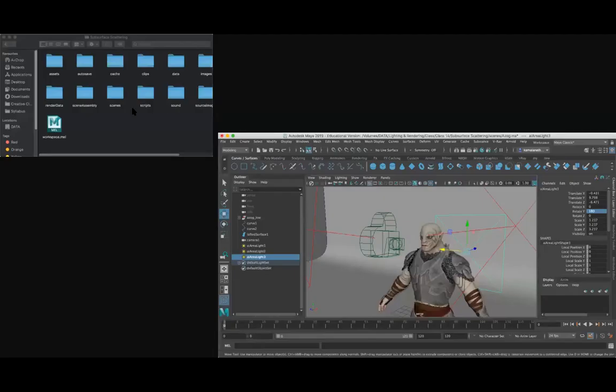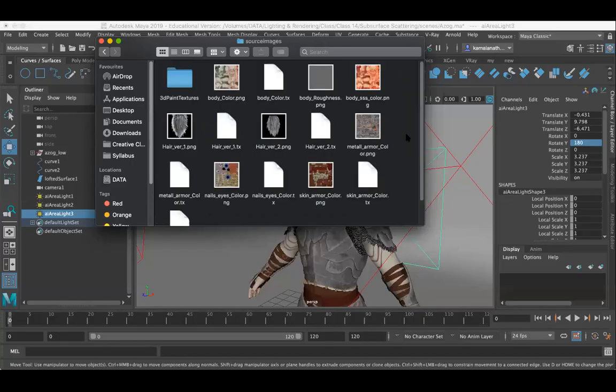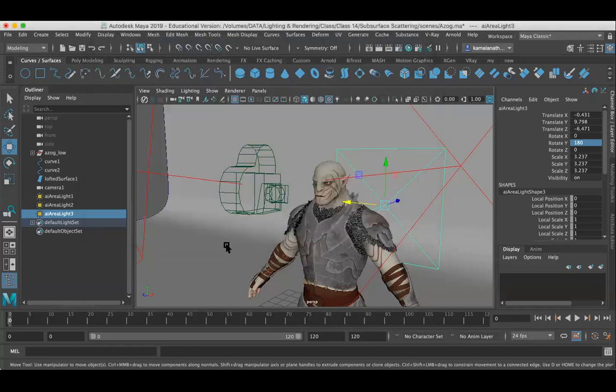Look here. These are the textures we have for the character, and I will be using these textures for subsurface scattering. Now I want to explain what I'm going to use.